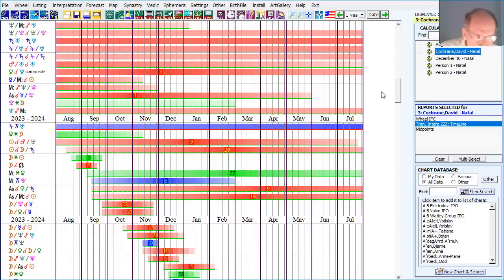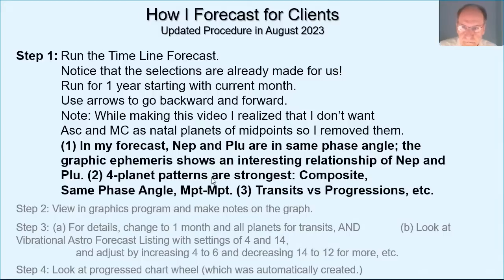Okay, so where are we now? We're almost at a half hour, and I think there might be one more thing I want to say in this video, and then we'll go on to the next one, PowerPoint. Right, the difference between transits and progressions. Let me pick up with that in the next video in the series, the 4th video.